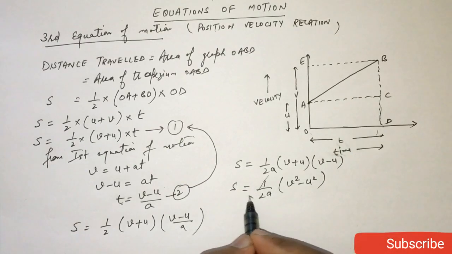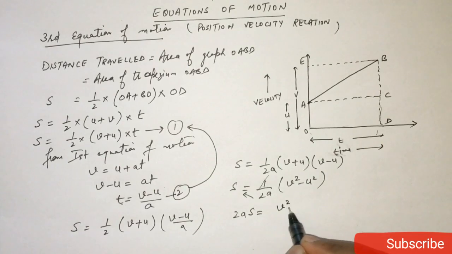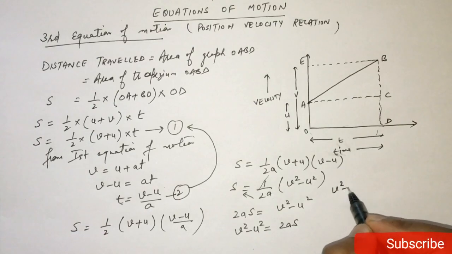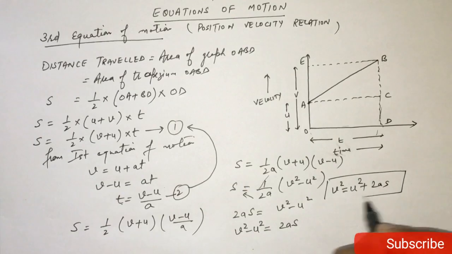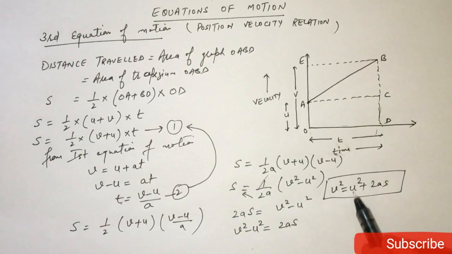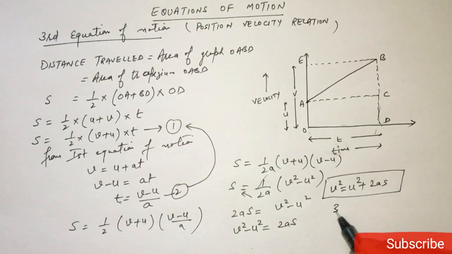Fine. Cross multiply it, we have 2AS is equal to V square minus U square, or you can write V square minus U square is equal to 2AS, or it becomes V square is equal to U square plus 2AS. So this is the relationship between final velocity, initial velocity, acceleration and distance. Fine. So this is the third